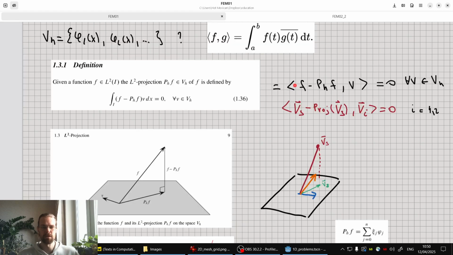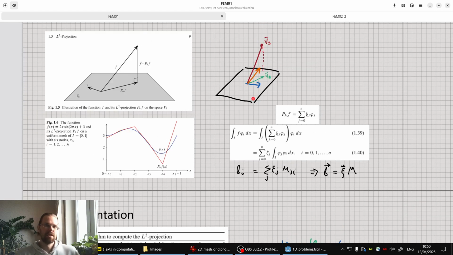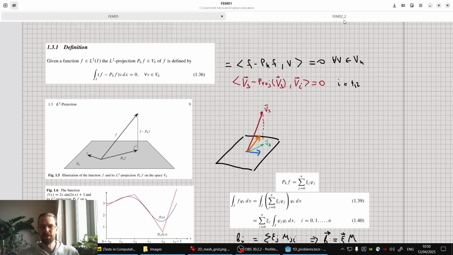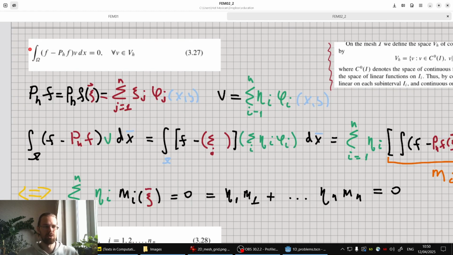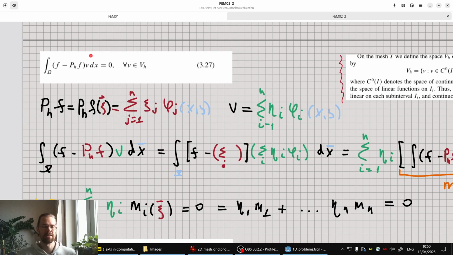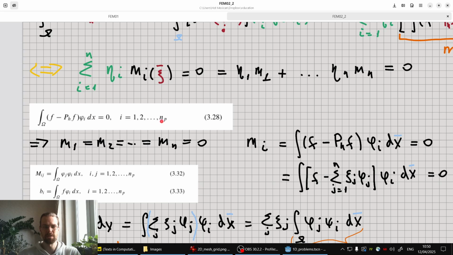These expressions look very alike, but I didn't go into mathematically why it's so, and I won't go deeply into it today. The only thing I wanted to mention is how we get from this particular expression, the definition of our L2 projection,